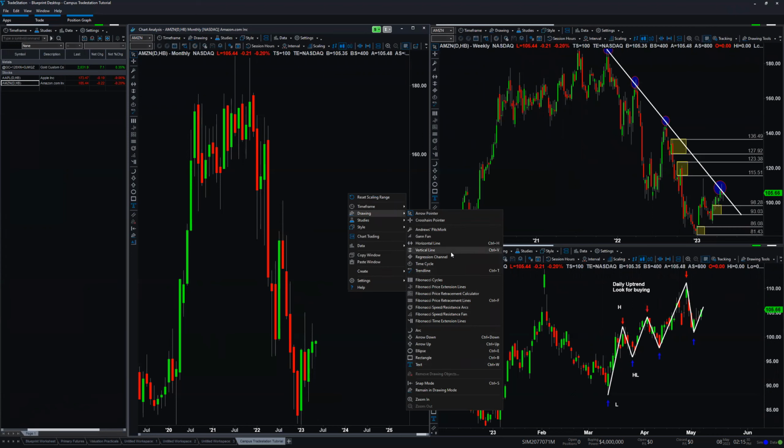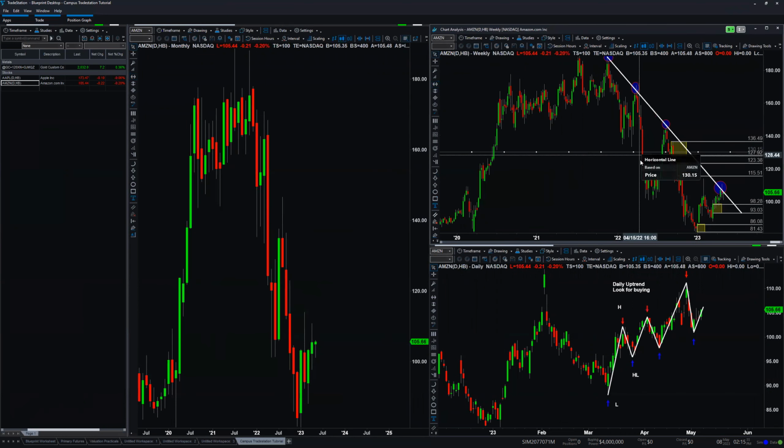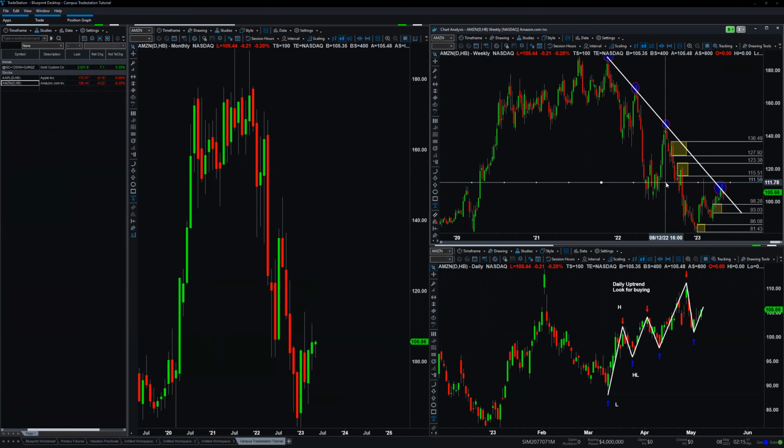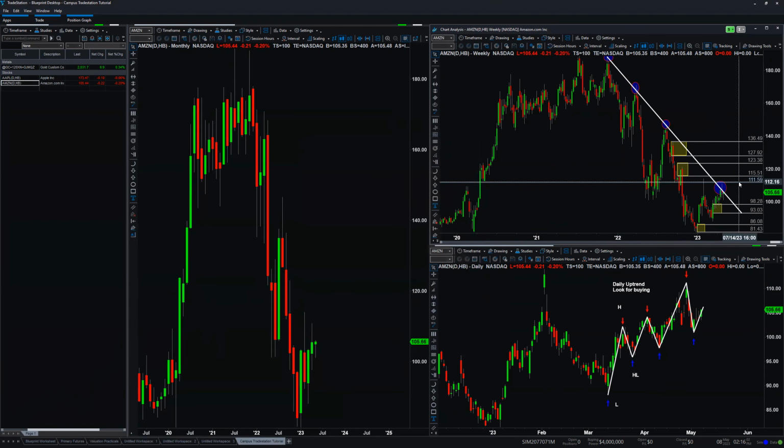Now, as you can see, there's not a whole lot more that I use. Sometimes I use horizontal lines. Now, a horizontal line, the difference between a horizontal line and the fib is that the horizontal line will extend to the left. So I can see, for example, okay, what's happening here to the left, or I can use the horizontal for using double click and enabling an alert right there. And I can let TradeStation alert, give me a sign here, and make a noise